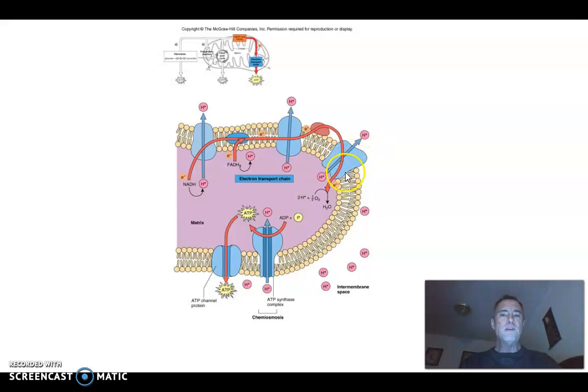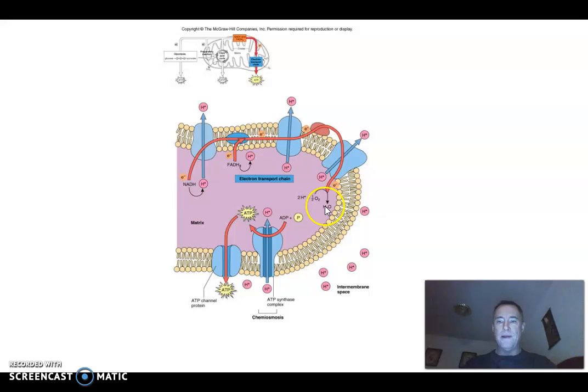So where do the electrons go, once they go from here to here to here to here to here? Because if they're here, I can't pass any more through here until I empty the electrons that were basically transported to this area. So here's where oxygen comes in. The oxygen comes in and actually accepts the electrons from this pump. And once it accepts them, it also accepts some of these protons coming back in